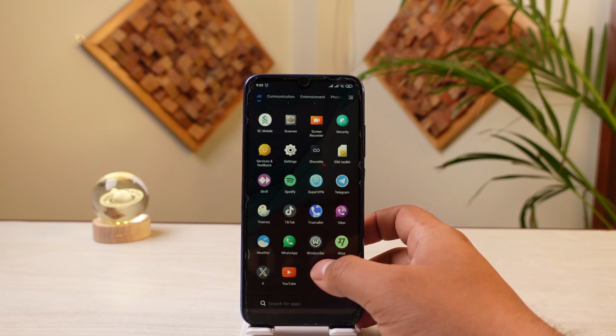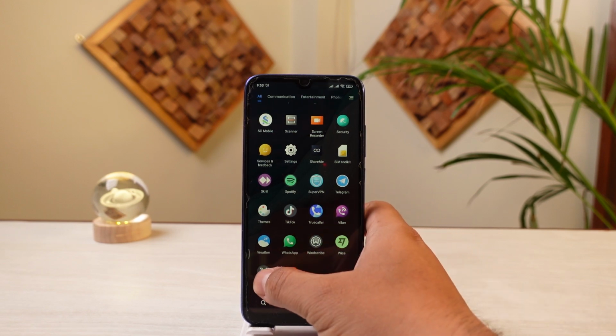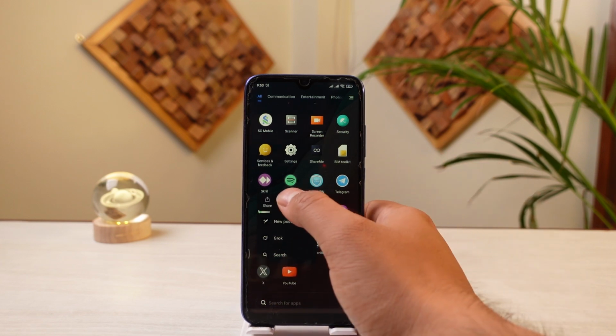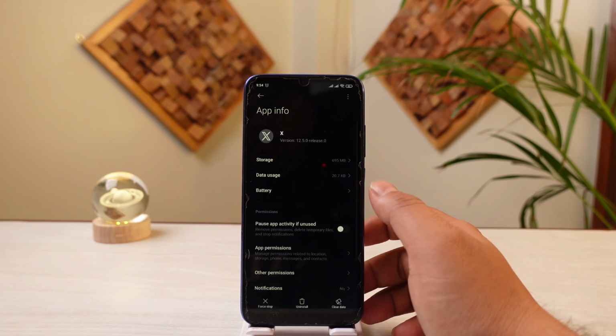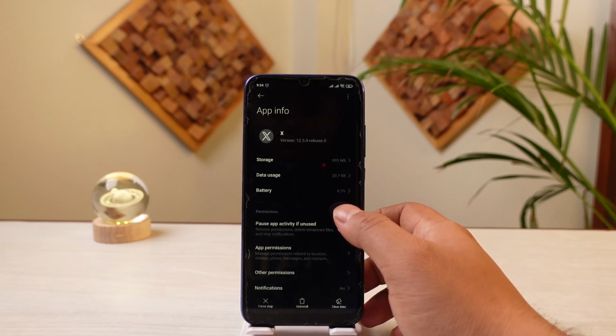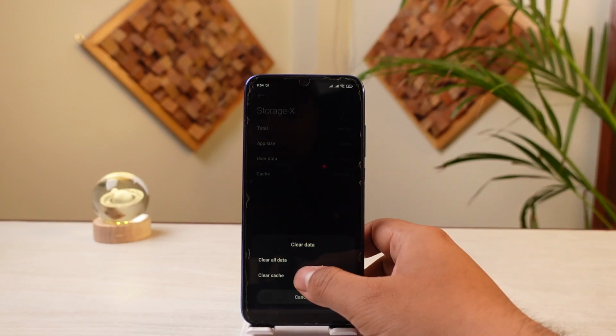try out. Now, the first thing that you can do in this situation is try to clear out the app cache. So just tap and hold the app of X. If you're using an Android device, head over to the eye icon. If you're on an iOS device, you just need to head over to your iPhone storage and then offload the application. Now within the settings page, head over to storage and then simply tap on the clear cache as well